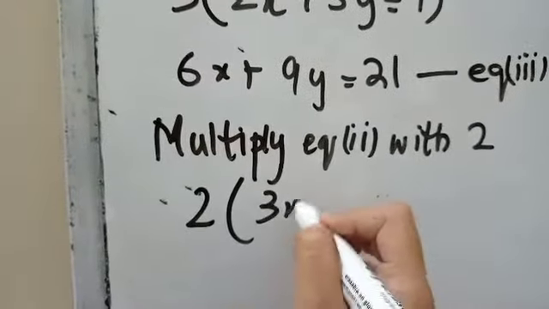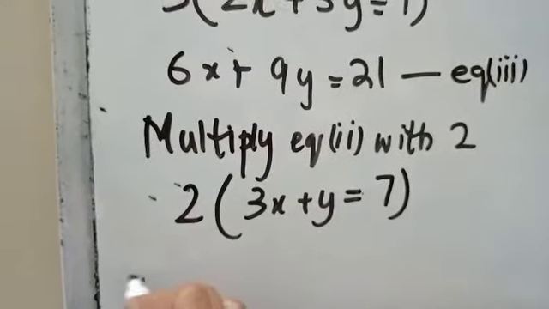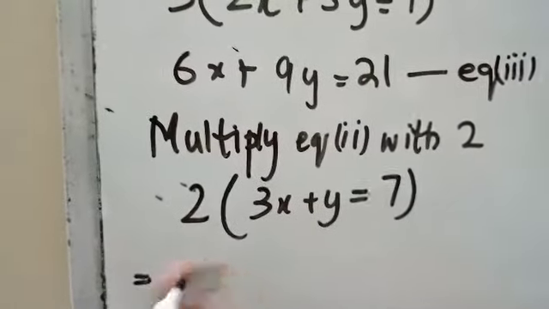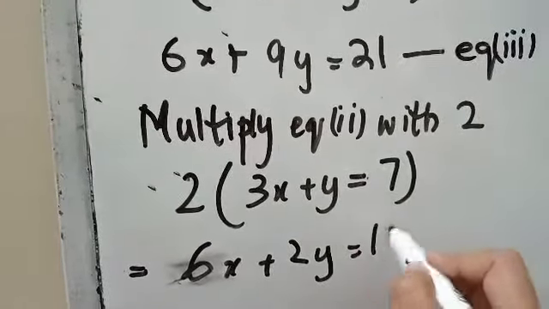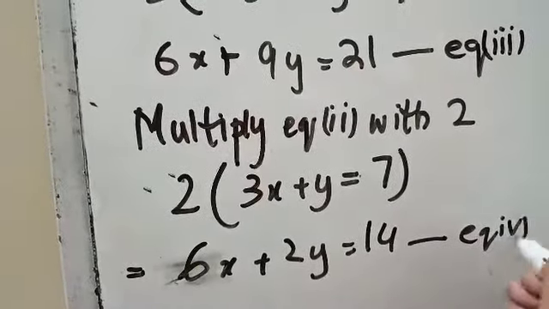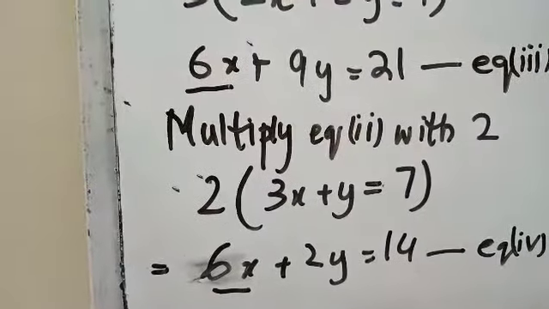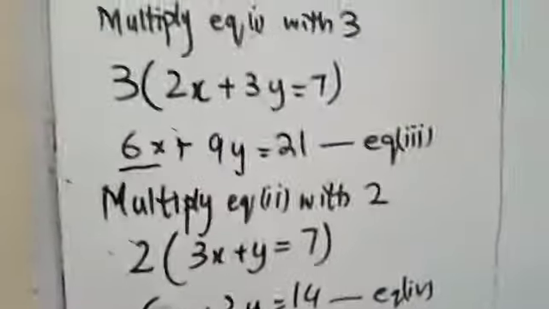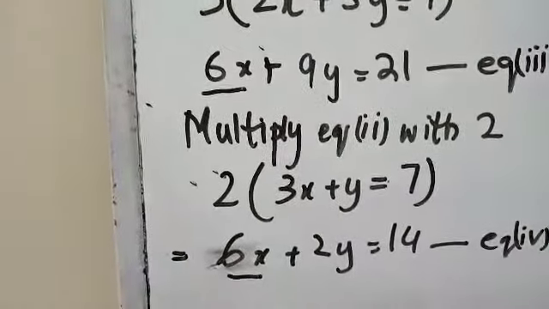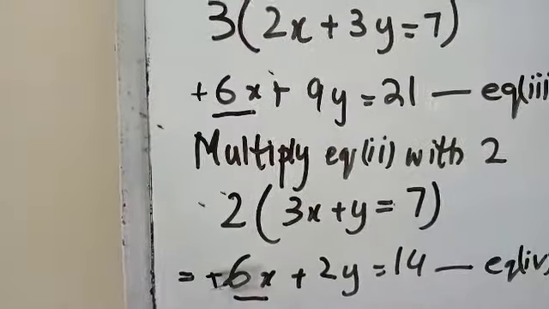You have to multiply 3x plus y is equal to 7 by 2. It will give you 6x plus 2y is equal to 2 7s are 14. Name it equation 4. Now I can see I have 6x and 6x. Both are the same, so I can eliminate one of the variables. Should I add or subtract? Here we will subtract, because both have the same sign, and in order to have the opposite sign I have to subtract